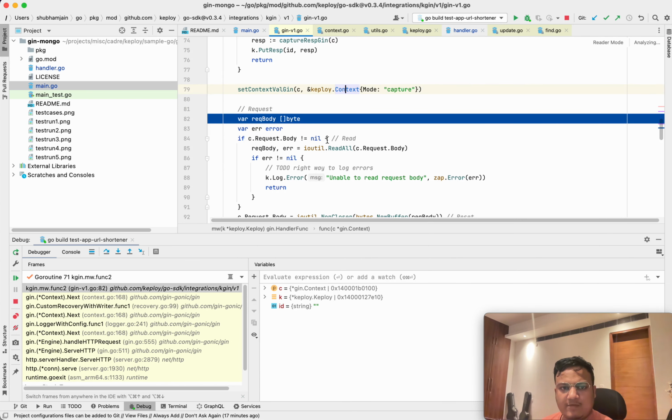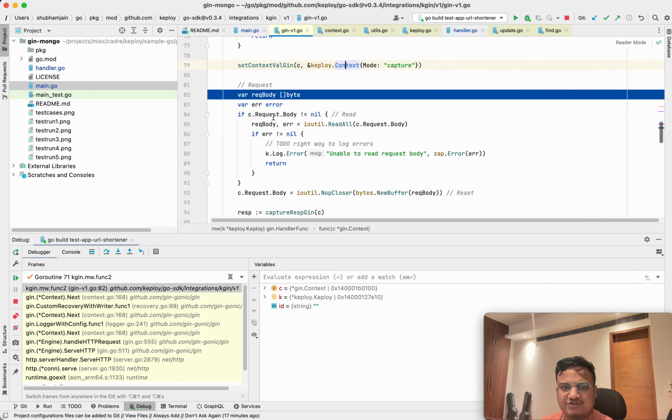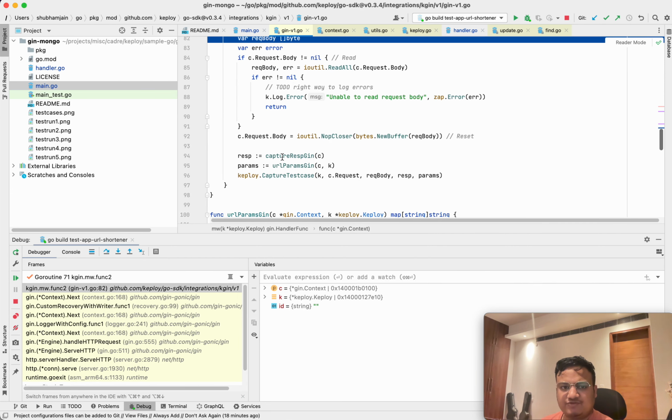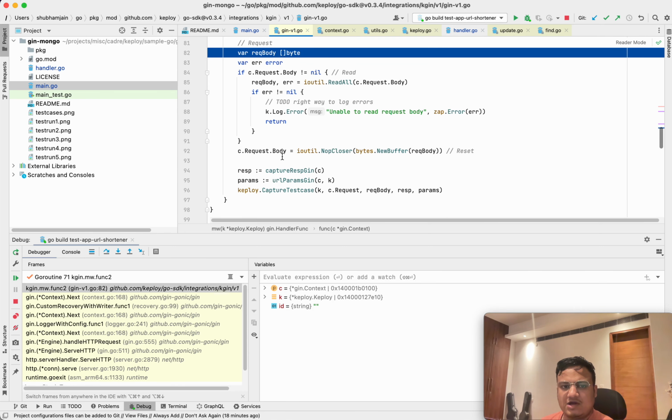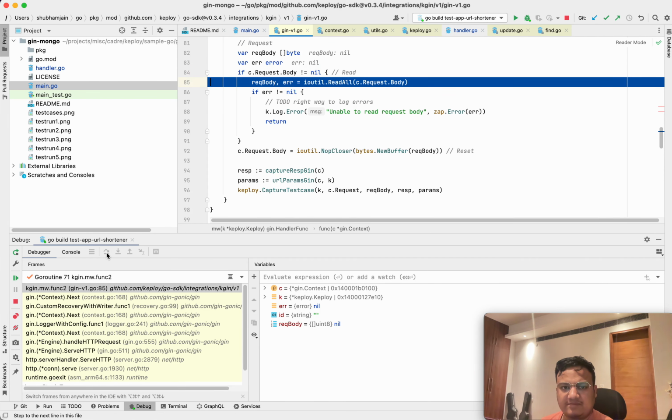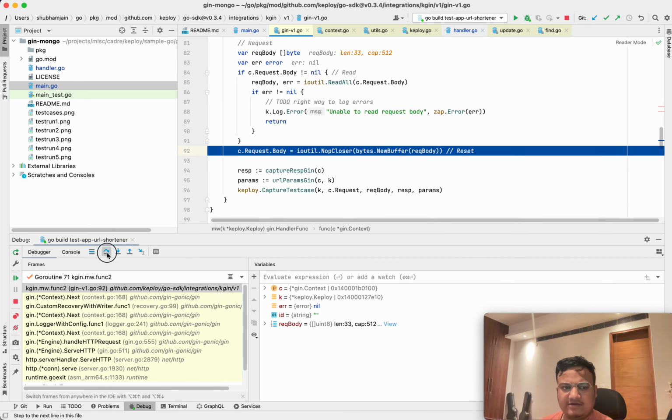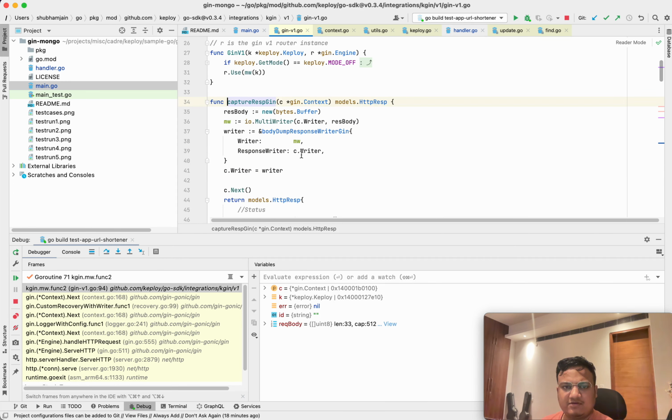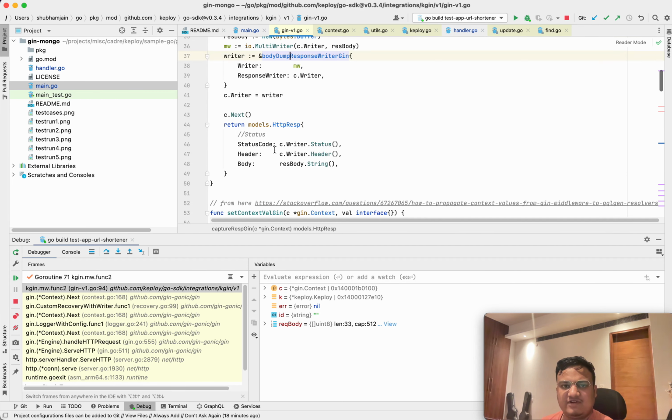So if I go back here, right now it's just doing the usual stuff in which it's trying to read the request so that we can capture the request, and also wrapping the response body so that we can read it later on. So that's what's happening here. And yeah, so capture gen is wrapping the response with a body dumper so that we'll be able to dump